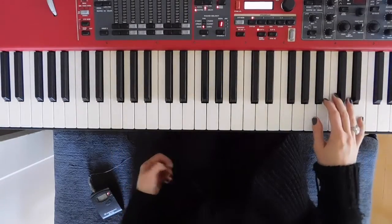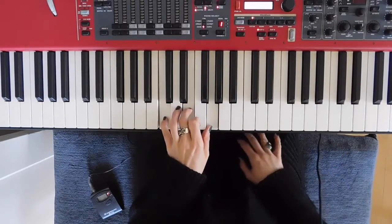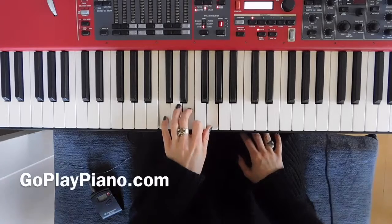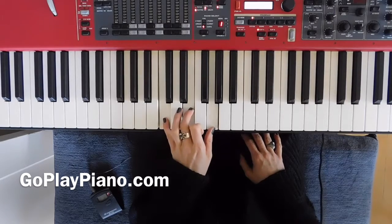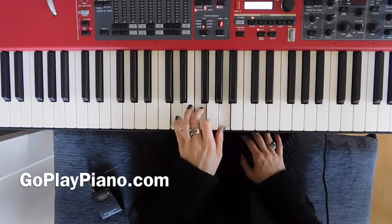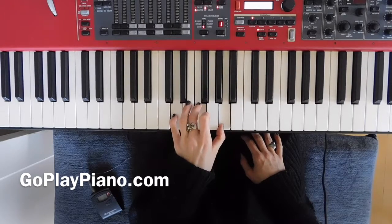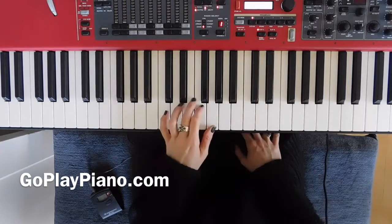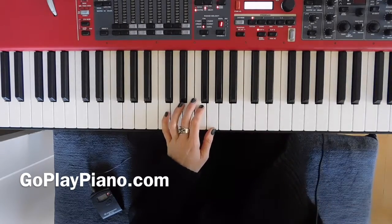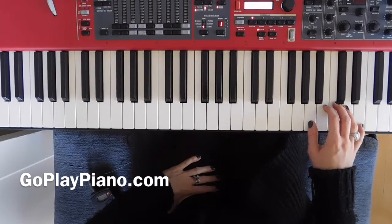So here's how the song starts in the left hand. We're going to use the C chord, which many of you know if you followed my other videos. But we're just going to use the basic position. So it skips, starting on C, and then D minor, and then E minor, and then back to D minor, and then our G. So those are the chords for the first verse. And our verse sounds like this, starting on A,